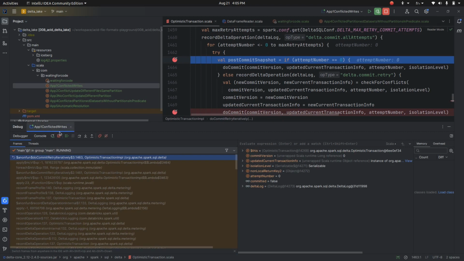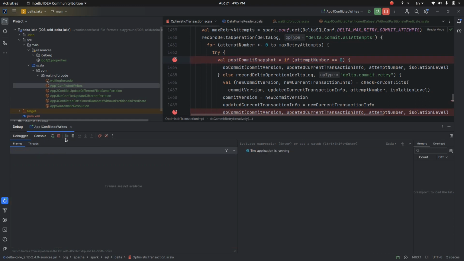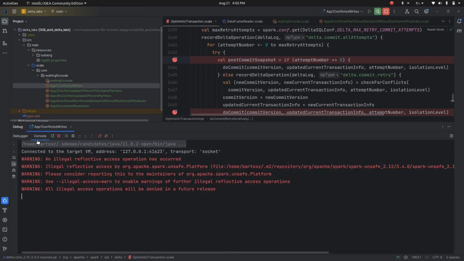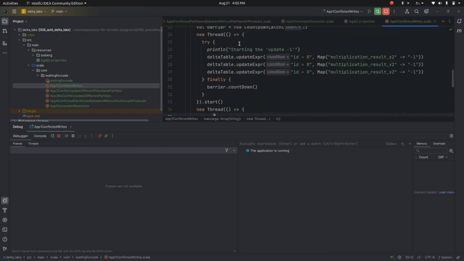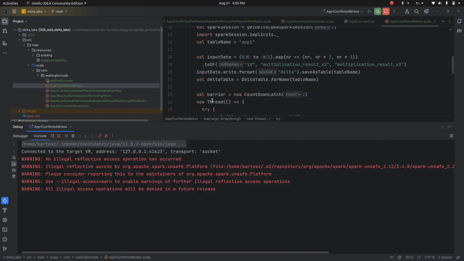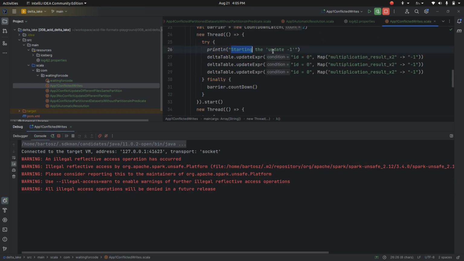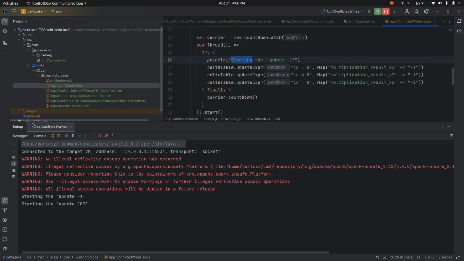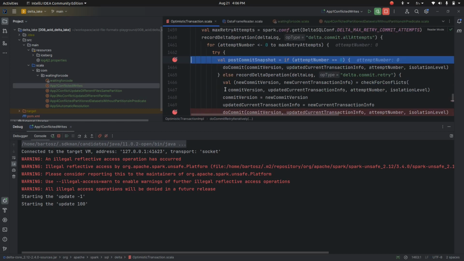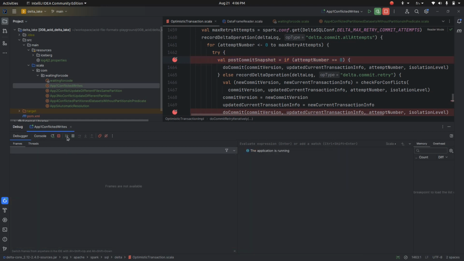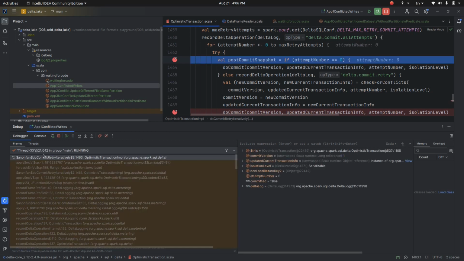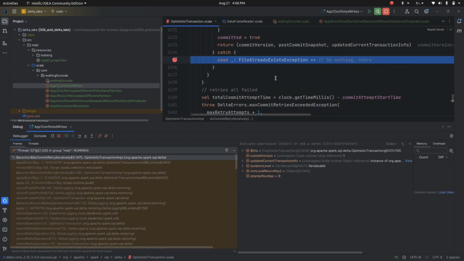So Delta Lake is attempting the first commit. Here it will not conflict at all because it's the table creation, and we are waiting now to see these print messages. Yeah, we have just started the concurrent update, and now we can see what happens with the commit log. First, there is the first attempt for the update, and now is the concurrent one, and for this we have